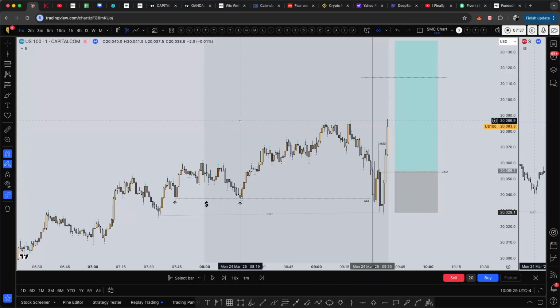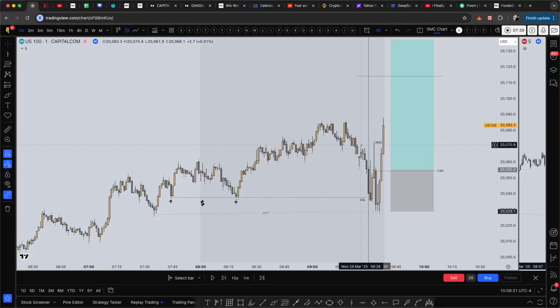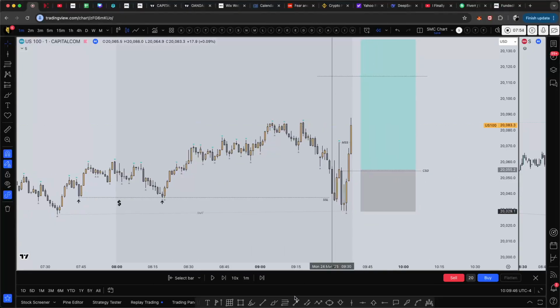So you see, liquidity was identified. What happens? 9:30 opens, the stock exchange opens, price goes low, sweeps this low, does a pullback, tries to go higher, but no, it fails and creates another low one more time. So notice that in this next low, one more sweep to the downside, right? We have another sell side liquidity taken.